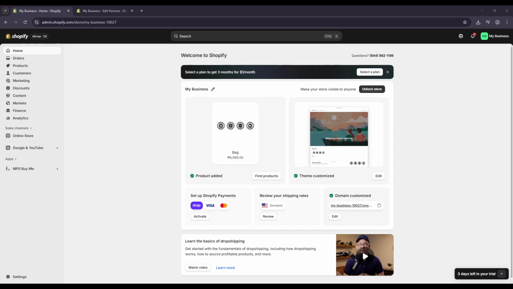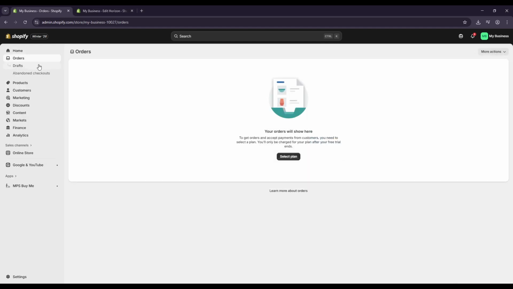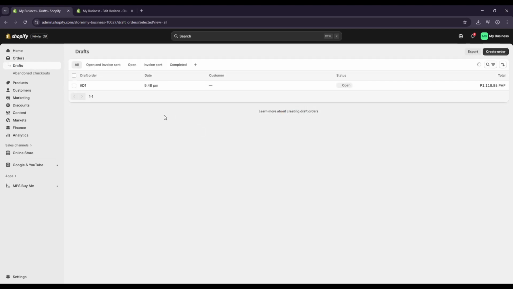First, go to Orders in your Shopify admin. You'll find it in the left-hand navigation. This page shows all your orders at a glance. You can use the filters or search bar to quickly locate recent purchases, open orders, or those marked as unfulfilled. If you're working through a busy day of shipping, sorting by date or fulfillment status helps you stay organized and